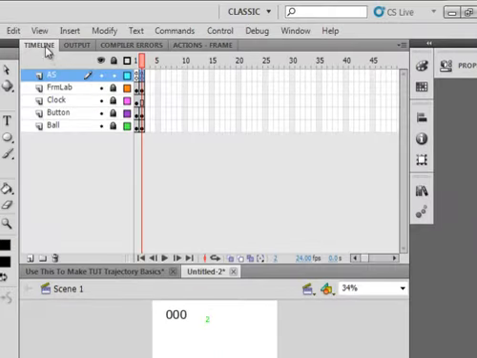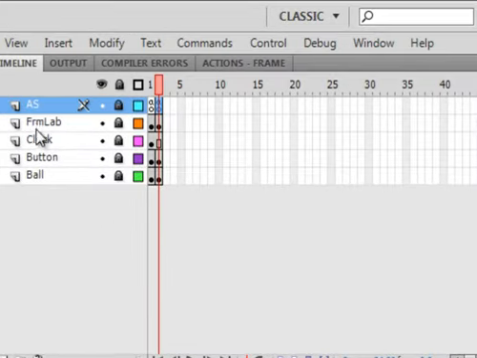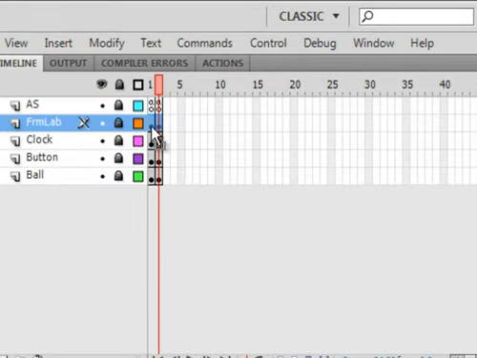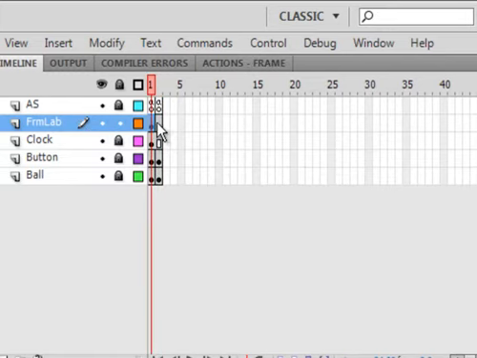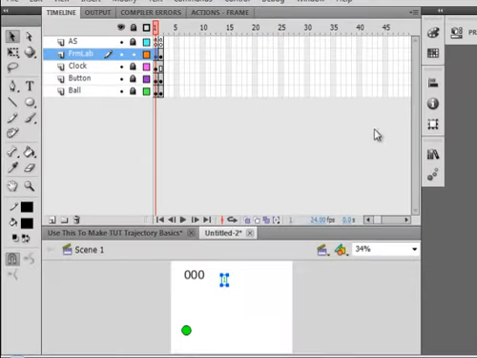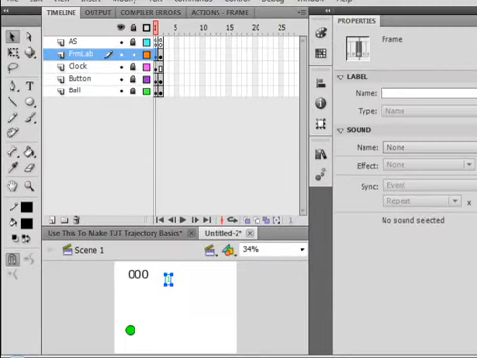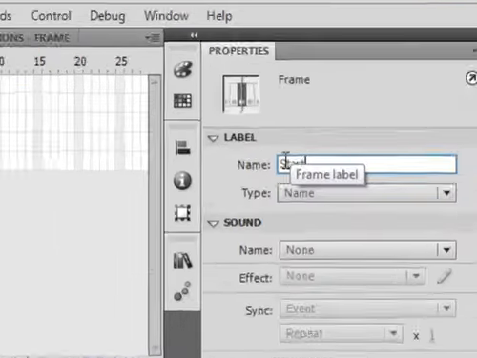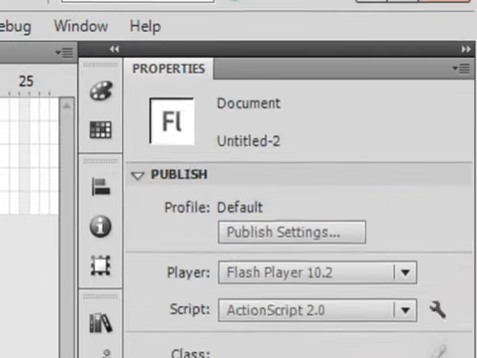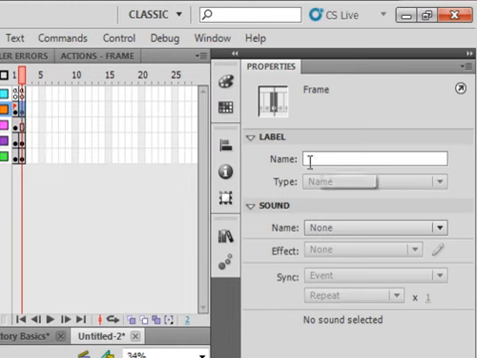I'm back on the main timeline. I'm locking the actions layer. I'm selecting this frame labels layer, unlocking it, selecting the first frame, which is called 1, and opening it up here, and I want to type in here start, S-T-A-R-T. Click on the next one, call this shoot, capital S-H-O-O-T,